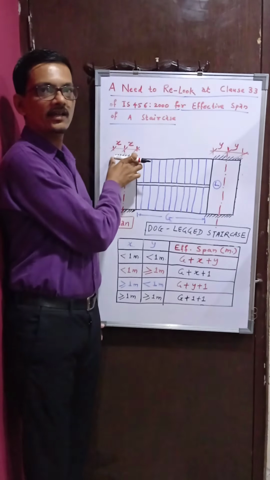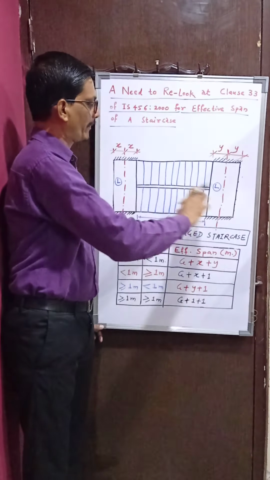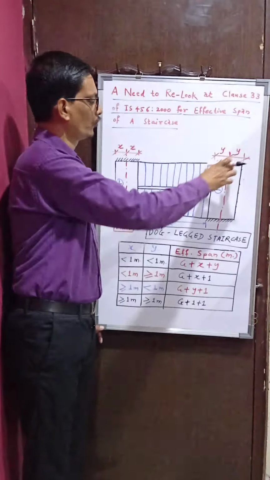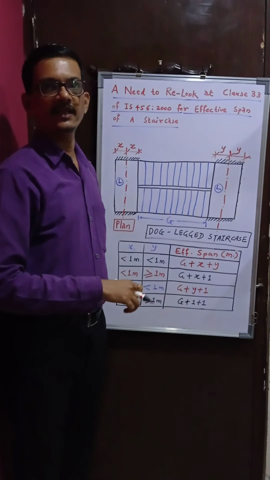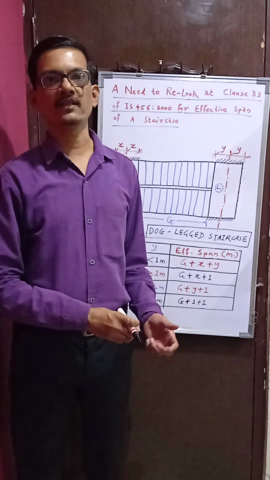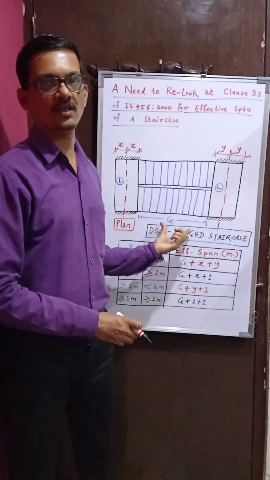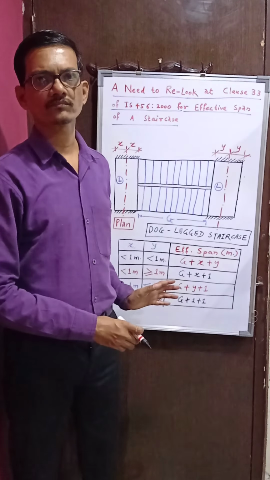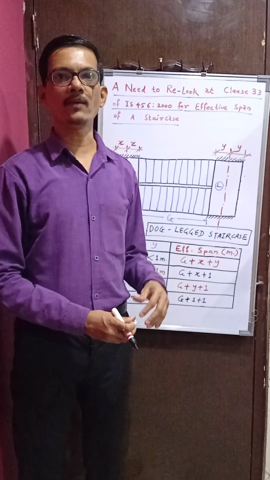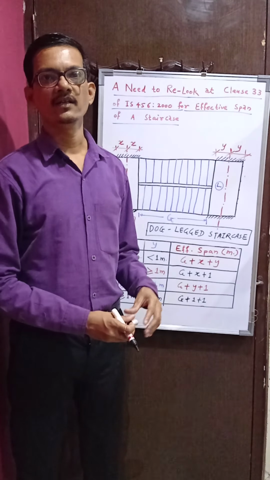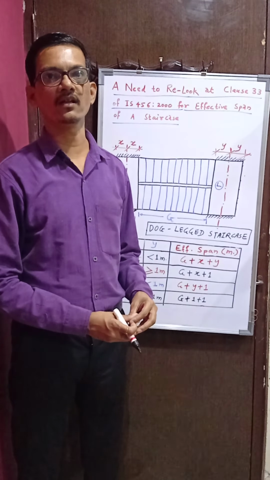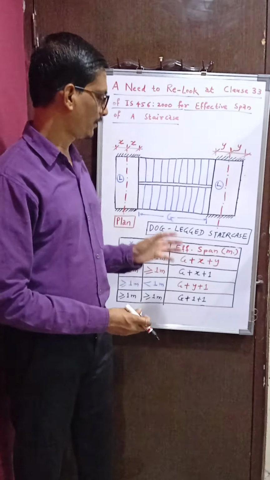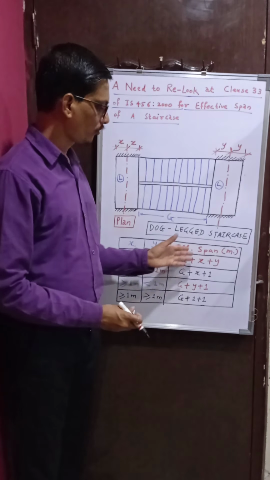That means when the landings were spanning perpendicular, or transverse, to the direction of flight, they came to know that the effective span can be considered only as g, unlike the IS code recommendation. Their recommendations of 1995 and 96 were included in the Bangladesh National Building Code of 1993. But in Indian Standard, we still follow this table.